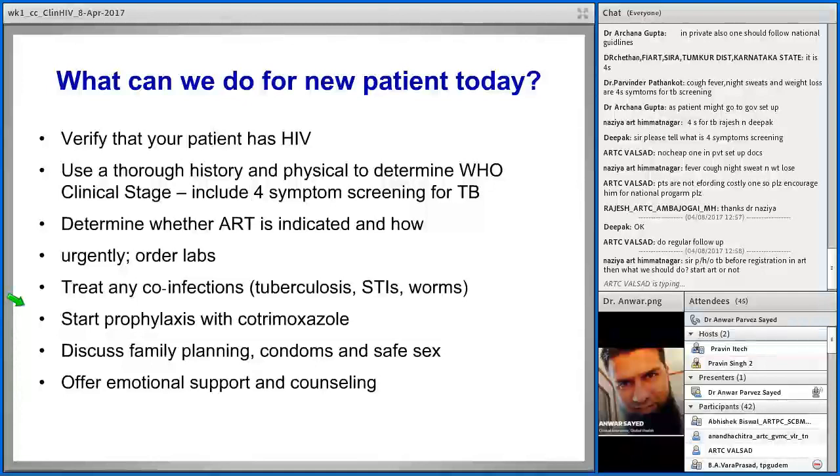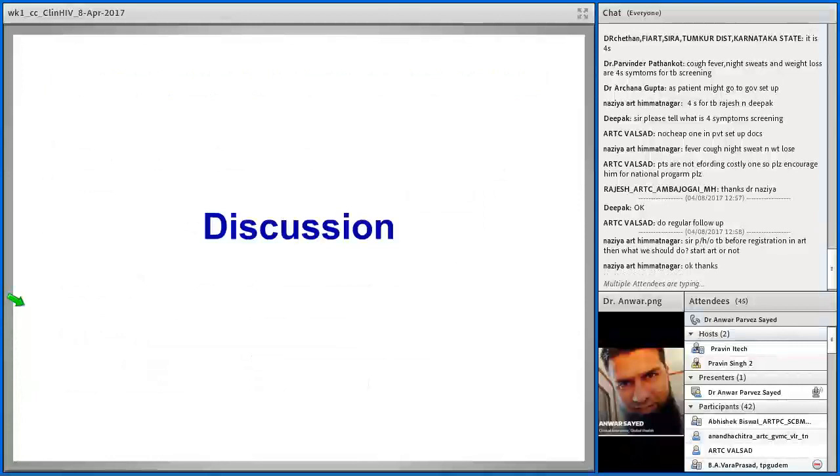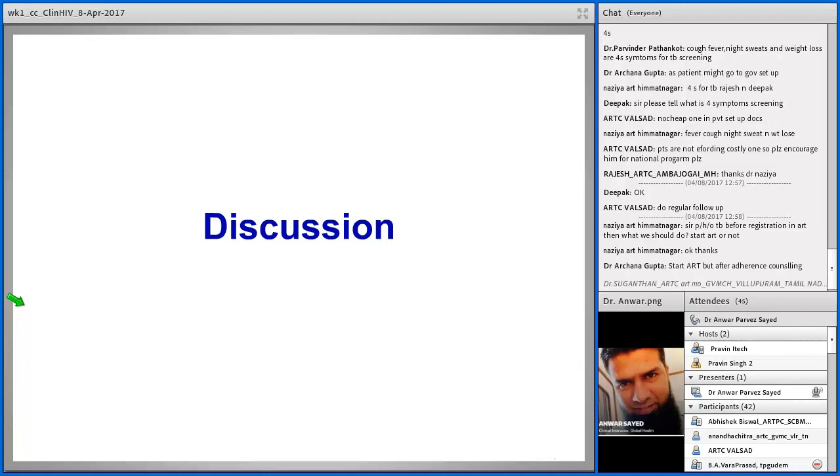Emotional support will not be required for each and every patient. You don't start on a negative note when a person comes to you. Start on a positive note. Assess the person's situation. Give them what they need. Don't use a single formula for each and every person. Sometimes, as I mentioned, patient will not be worried about HIV. They will just come to you like that. But then when you start asking things, they'll become like, oh, this is something which I should be worried about. So don't introduce your own worries in their mind. That should not happen. Talk to them and discuss with them, give them what they require.